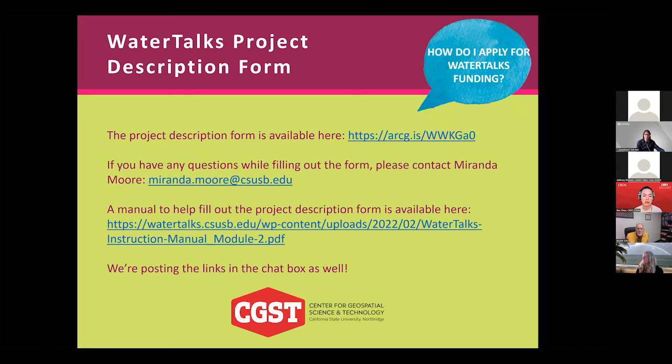In this module, I will be sharing my screen and filling out the form using a fictitious example project so that you can better understand the type of information that we're looking for, as well as see how to enter your project information into the form and be considered for funding under the track that Boykin discussed earlier. If at any point you have questions, please feel free to raise your hand or enter your question into the chat. There are some useful links on this slide, including a link to the online form, an email address to contact if you run into any issues or have questions as you fill out the form, as well as a link to a manual to help with filling out the form.